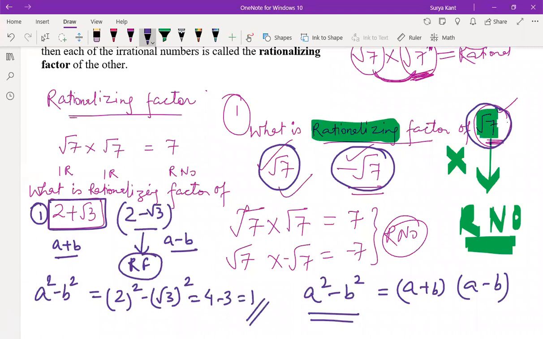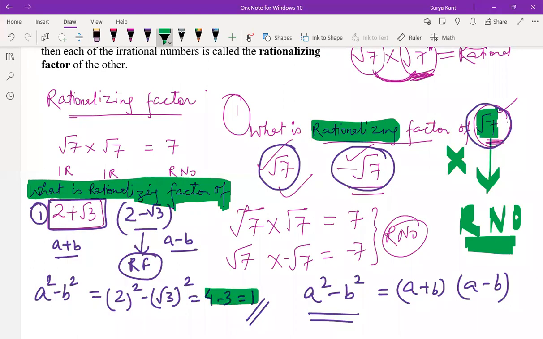Children, are you getting it or not? I think one or two children are not getting it. Please ask. If you have a doubt anywhere, don't hesitate to ask. Because if you ask today, tomorrow is bright. And if you don't ask today, you will have the same doubt again and again. So this is the first chapter. Don't hesitate to ask anything. So how is this answer coming, understood? How is this 4 minus 3 coming?